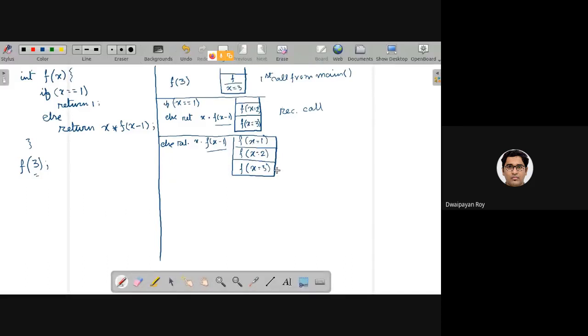So the first function call that happened, the value of x was set to 3. Then over that, another function call was done with the x value equals 2, then x value equals 1. So this is the beauty of recursion, or the way recursions are handled using stack.